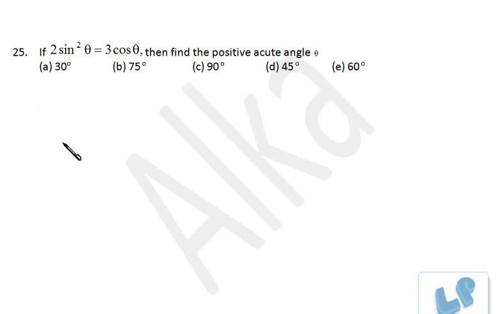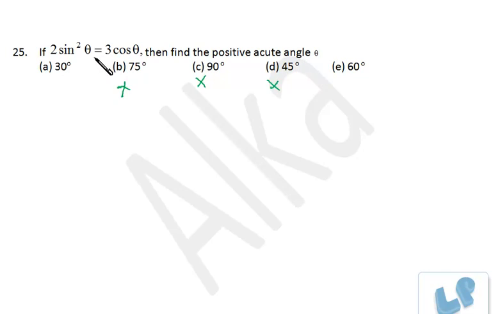Now in this problem, we have to find out the value of theta. So instead of solving it, just try to put in the values from the options. First of all, discard 90 because sine 90 is 1. So this value may be 2, but in this case it will be 0. So discard this. Now sine 45 and cos 45, both of them are equal, so 45 cannot be the value. Now let's try for 60, 30, 75. Generally it's a rare case. If it is not satisfied with 60 and 30, then we'll move to 75.